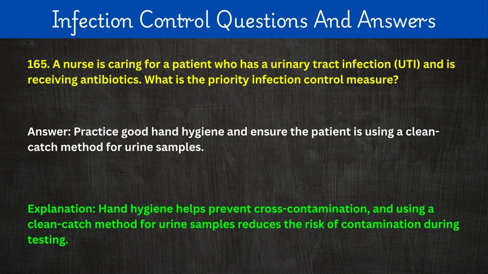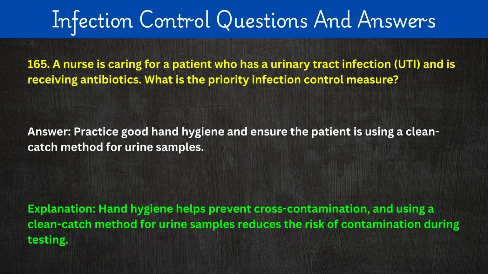165. A nurse is caring for a patient who has a urinary tract infection, UTI, and is receiving antibiotics. What is the priority infection control measure? Answer: Practice good hand hygiene and ensure the patient is using a clean catch method for urine samples. Explanation: Hand hygiene helps prevent cross-contamination, and using a clean catch method for urine samples reduces the risk of contamination